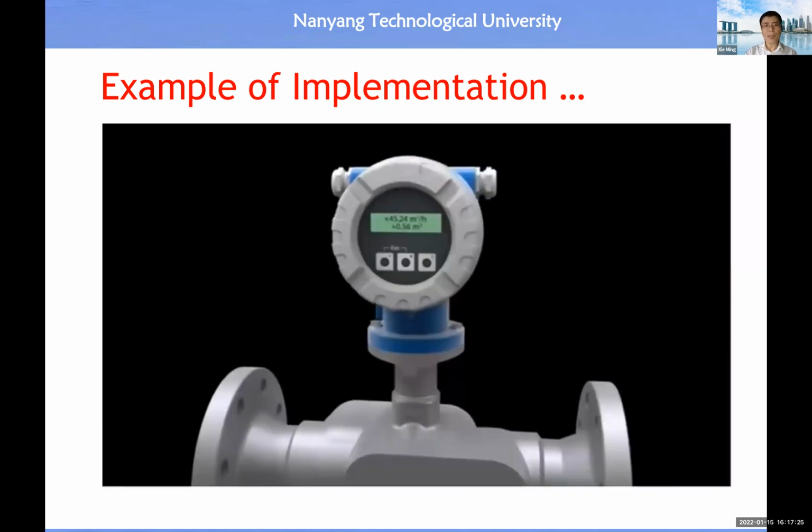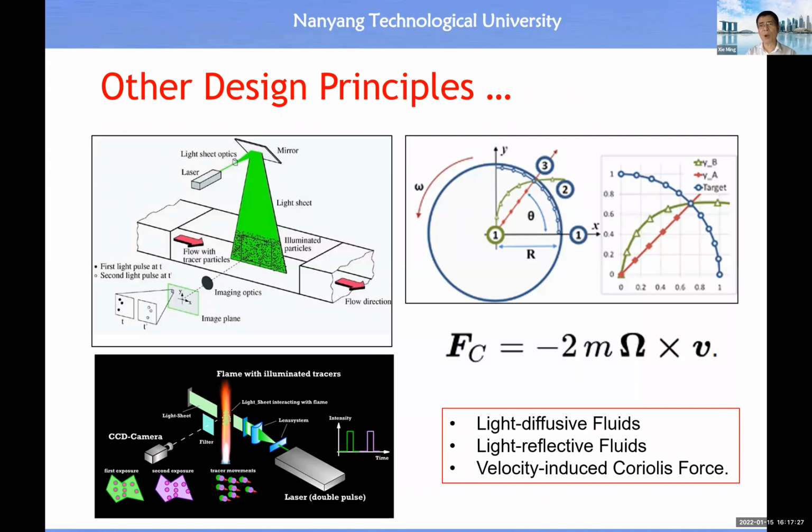Right. So besides these three popular principles, there are other principles such as making use of images to determine the velocity in the image plane, then from the velocity in the image plane to determine the velocity in the fluid. In one of the future lectures, we will talk about the measurement of a visual signal. So you see, we use a laser to illuminate and create this laser plane. Then this laser plane will illuminate the particles inside the fluid.